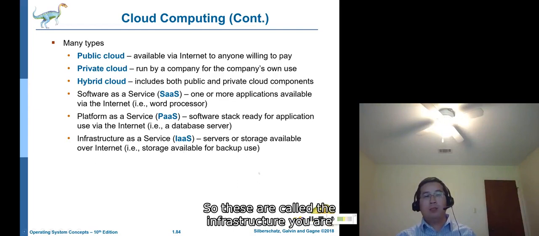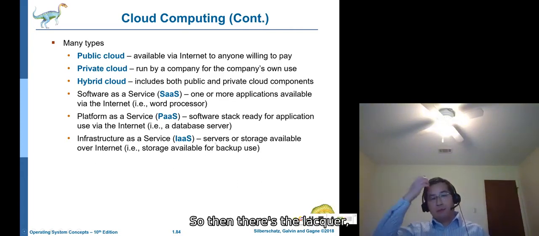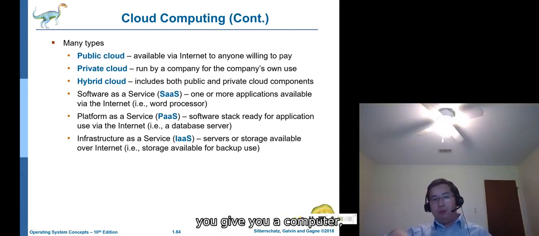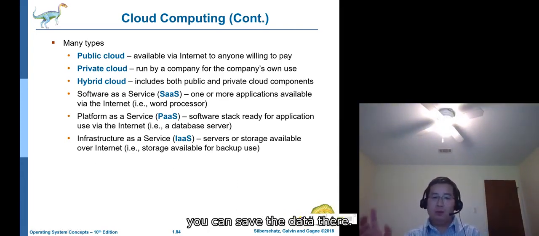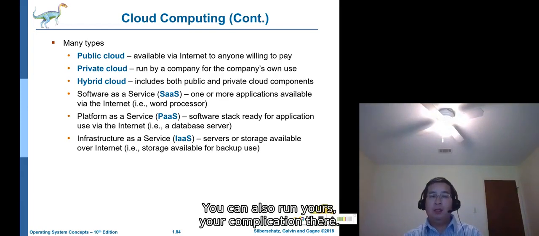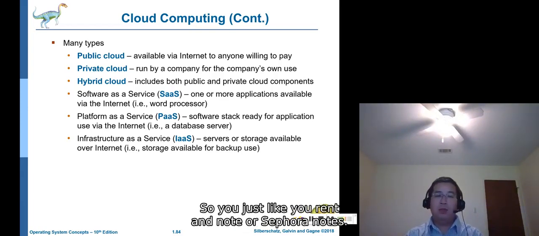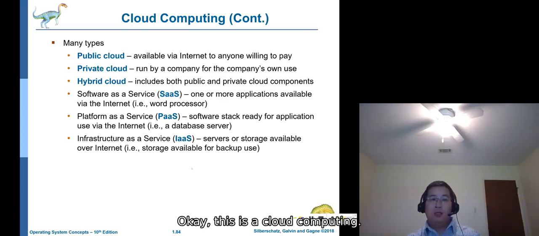If you want to do computing, you can find both in this example. That means they give you a computer, you can save data there, and you can also run your application there. So it's like you rent a node or several nodes. This is cloud computing.